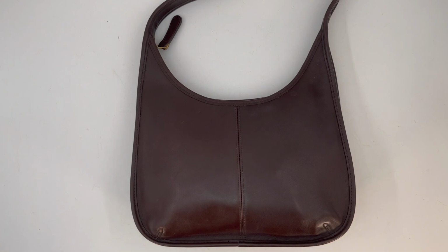So that is the Ergo Zip bag, style 9025. This is a great option if you want a shoulder bag, and it is available now in our online store,